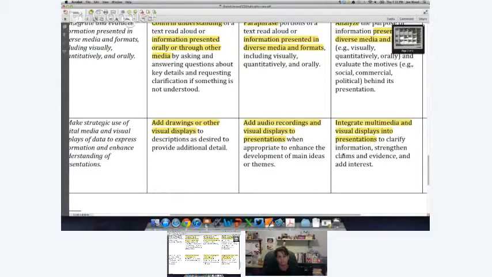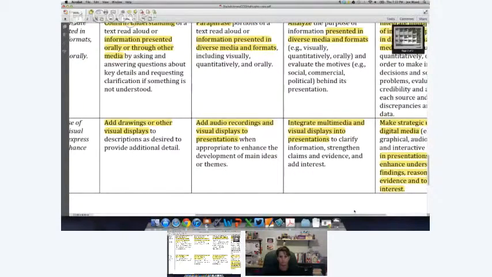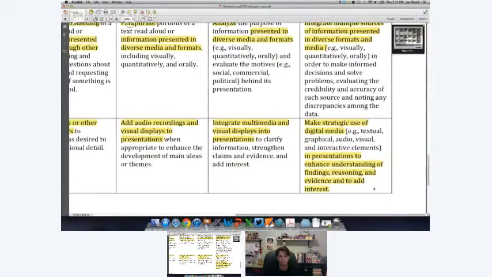Then in 6th grade, they're actually integrating multimedia. So I'm thinking in 6th grade, by that point, they're pretty comfortable using PowerPoint or Prezi or Keynote or Google Presentation, something like that. Sorry, this was by 8th grade. And then this standard for 12th grade says make strategic use of digital media. This actually starts as early as their freshman year of high school. So they really have to be able to explain, why am I making a PowerPoint versus a movie versus potentially looking at a blog post or some sort of other static presentation, which means that kids have to have experiences using these different types of tools.